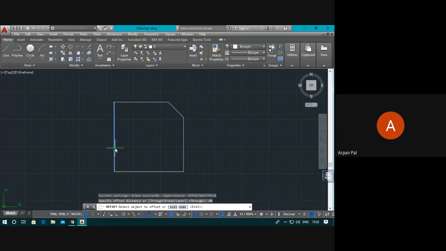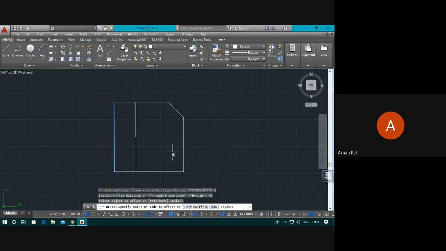You take this line. Now offset asks to specify point on side to offset. That means you need to give the computer the direction. If you move your mouse this way, it will try to draw a line in this direction. Just moving the mouse, not clicking anywhere. Okay. So naturally I should not draw the line like this.